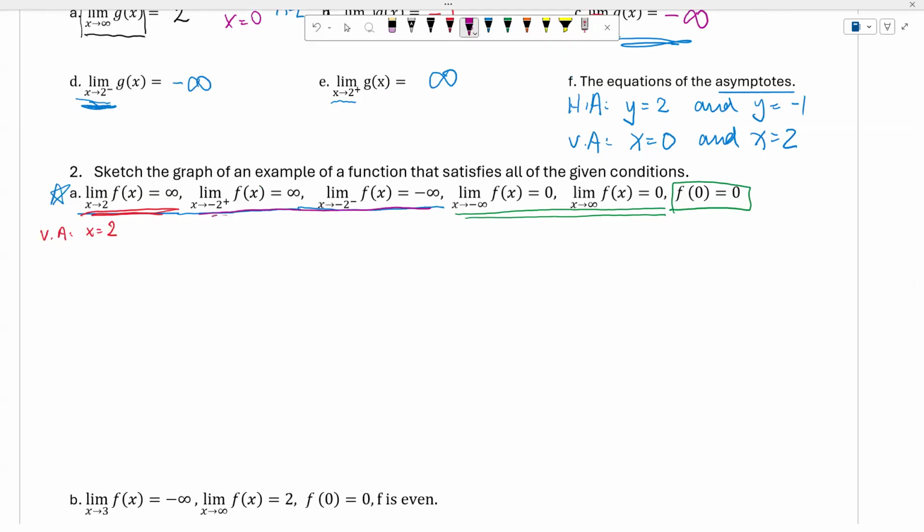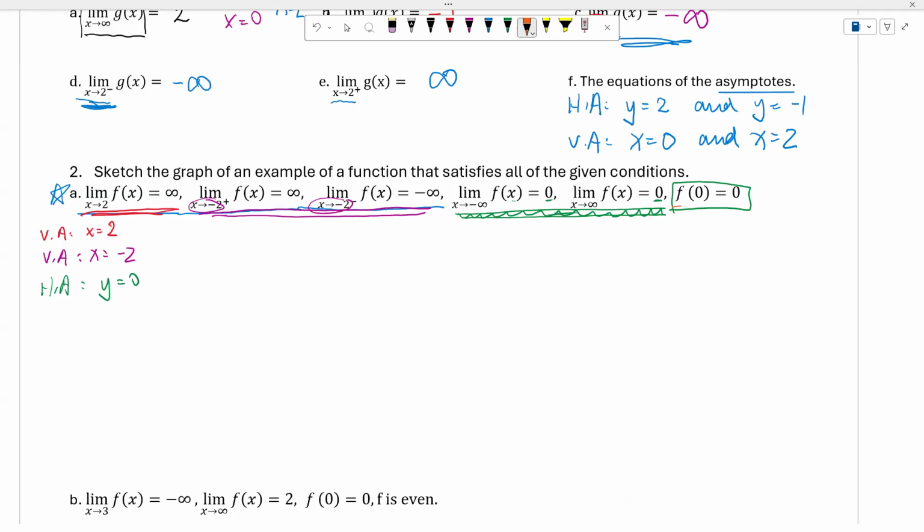And the next two, we have x approaching -2 from the right and from the left. From the right, it goes to infinity, from the left, it goes to negative infinity. Again, we have another vertical asymptote at x equal to -2. And now, as x approaches negative infinity or positive infinity, the output of the function is equal to 0. Then in this case, we have a horizontal asymptote, y equal to 0.